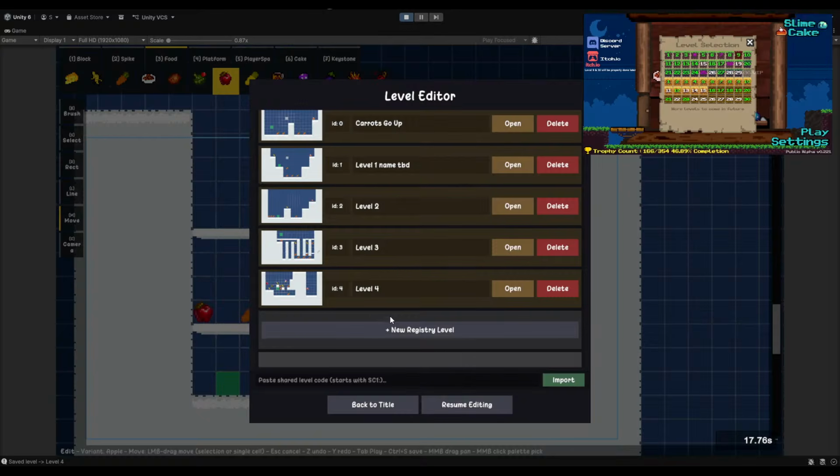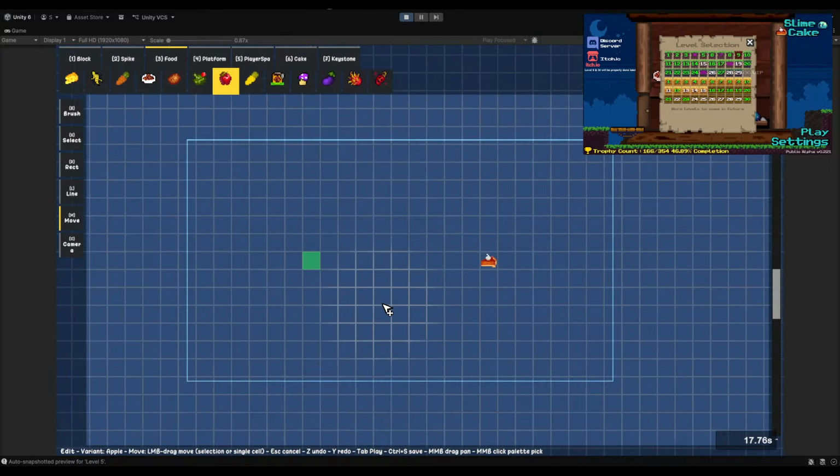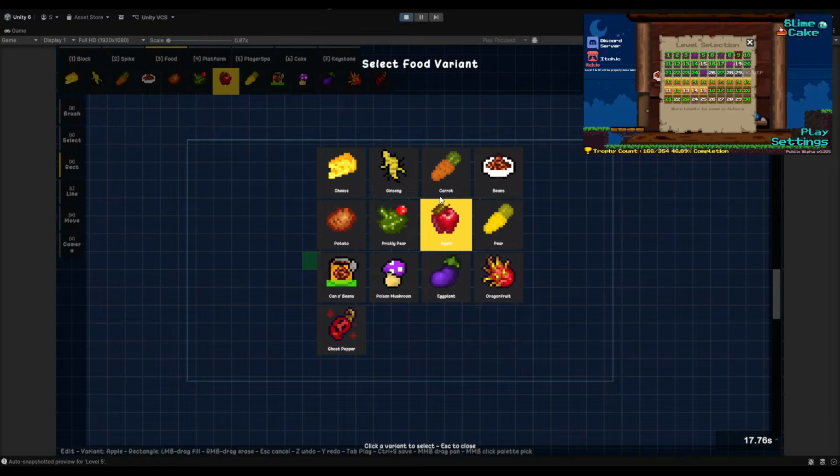Let's just continue. We can always change levels, remove levels. New registry level. So first, let's look at the food list. I know in Orchard, I want to show off pear because that's a new thing. I'm using the old sprite, but that's not a golden carrot. That's a pear. And I think I had another food that I don't have written here. I can check Discord DM somewhere.